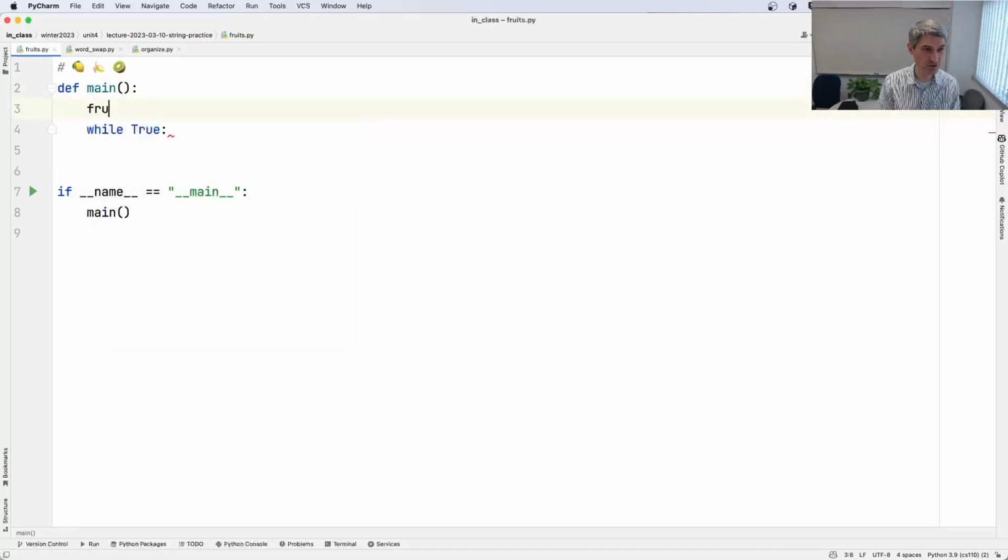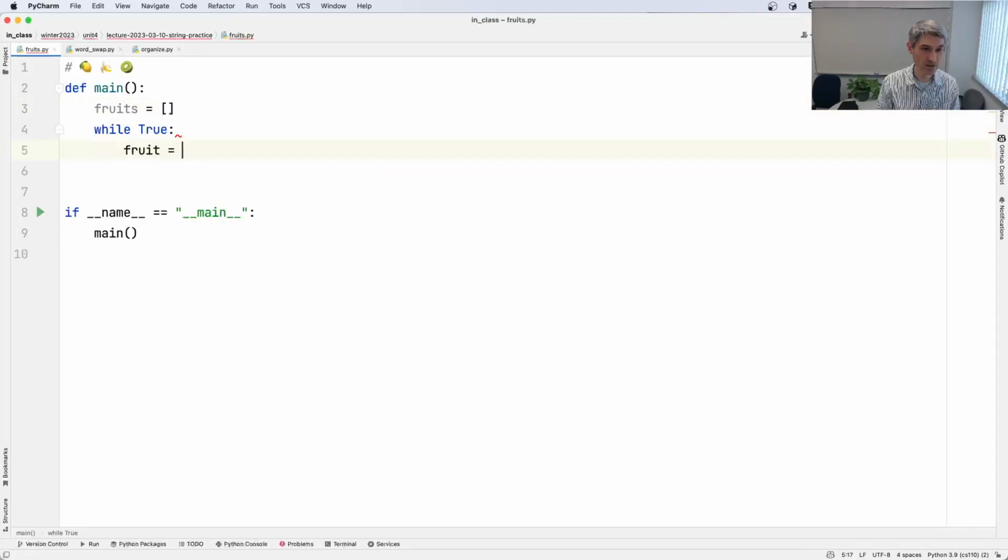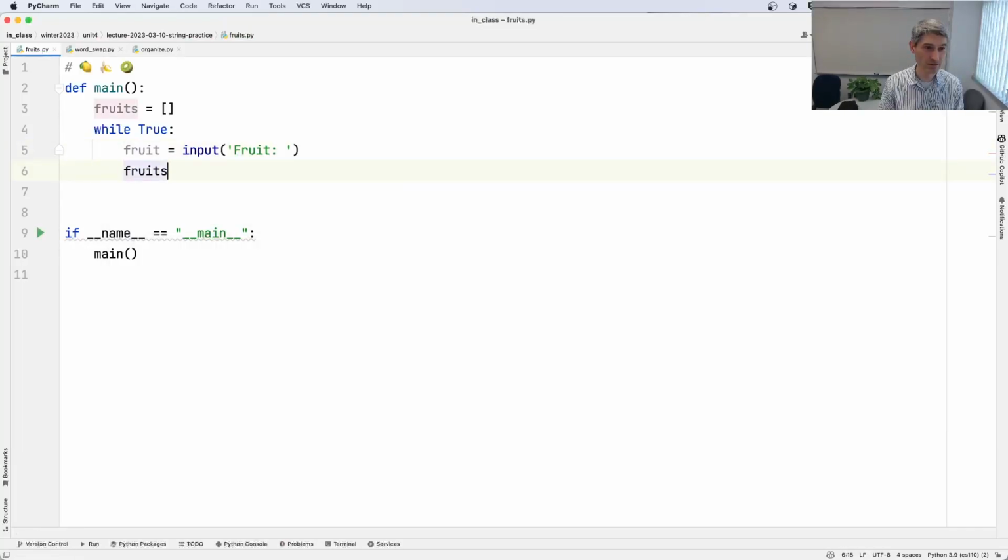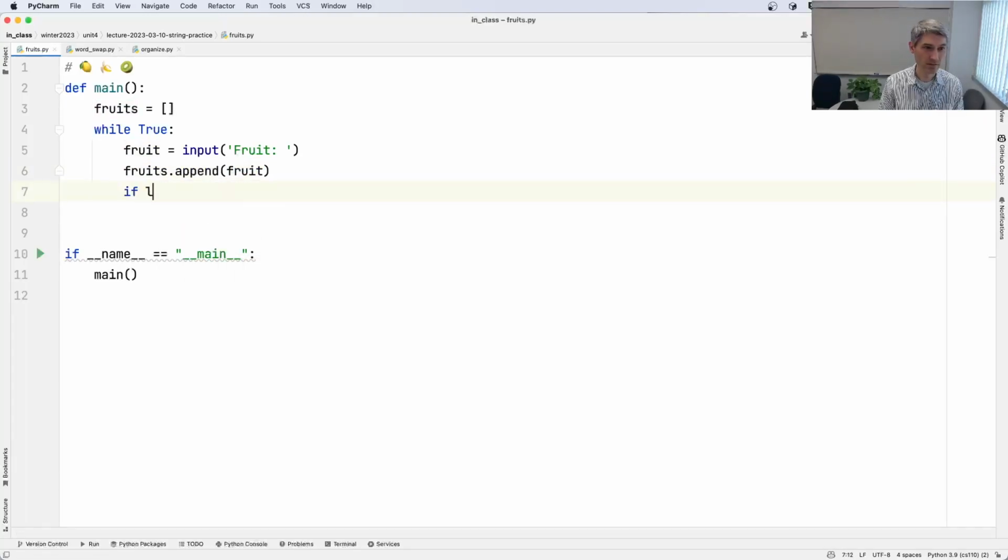We've got our fruits. fruit equals input fruit. fruits.append(fruit). If length of fruits is equal to 10, break.